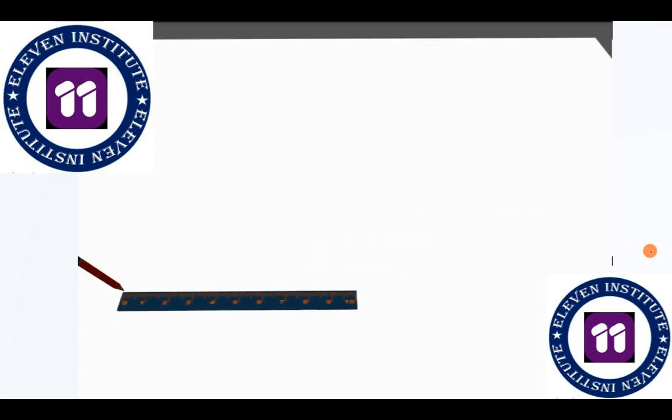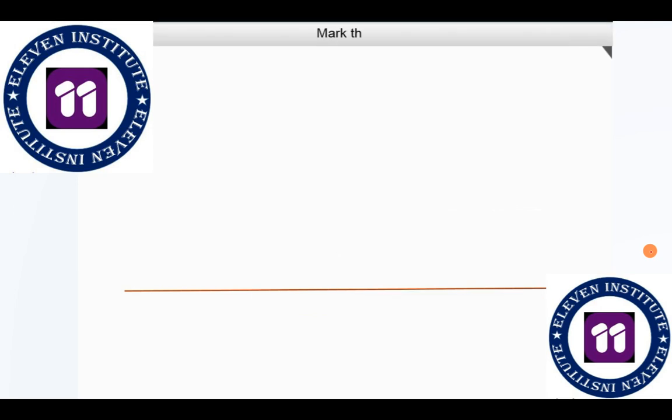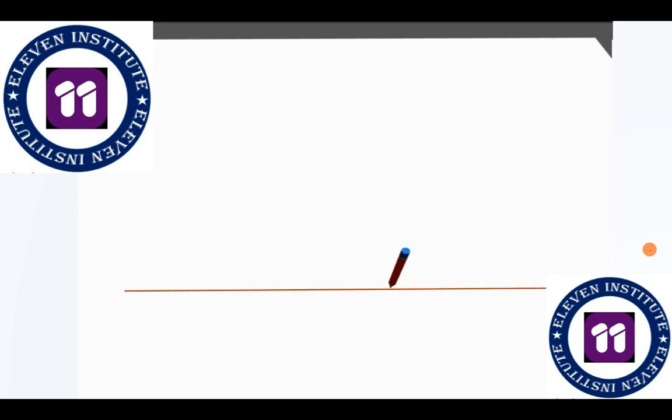So now let us see this. First of all, we have to draw a number line, right? So you can take your ruler and draw a line of any length. Now we will plot the numbers on the number line like 0, 1, 2, 3, etc. We are not plotting negative numbers. We will plot only positive numbers after 0. So here is our 0.